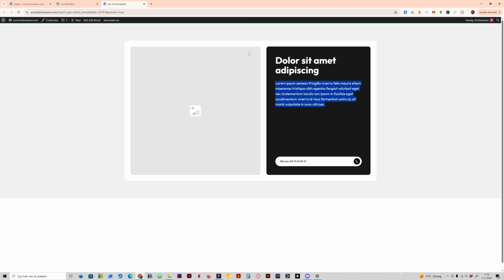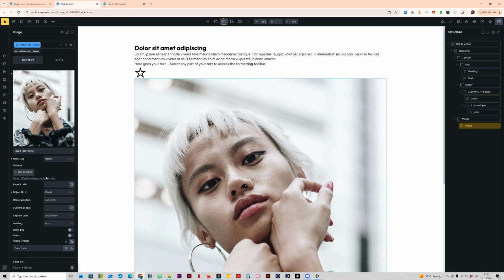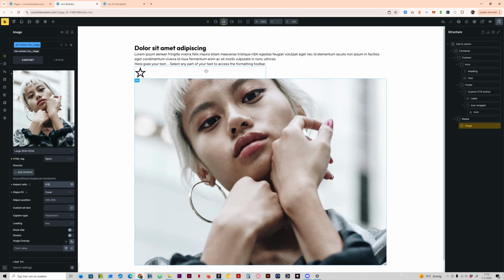So this looks like 1 by 1. No, let's try 1 by 1. It could also be 4:3. I don't know yet. Just to ensure that if you add an image, it doesn't just break out of its container, right? So we're just giving it an aspect ratio it can live in. Let me just save at this point, and now we can actually get to some styling because we've now given